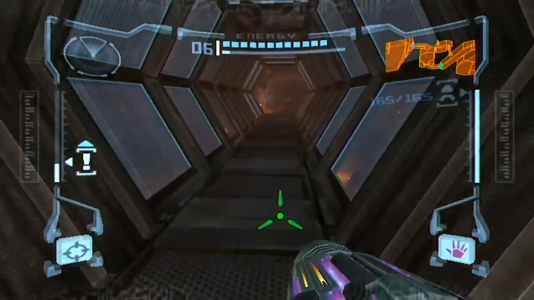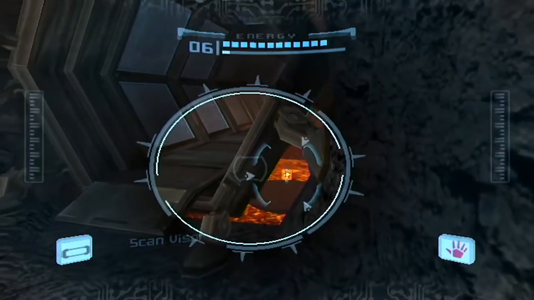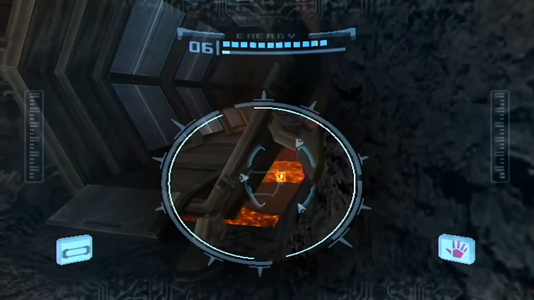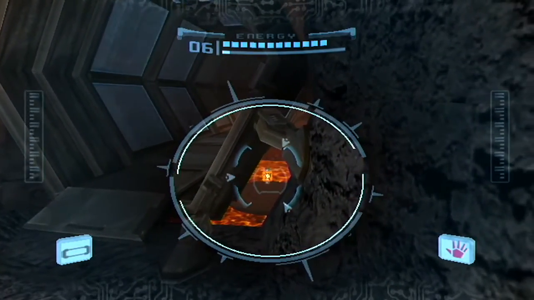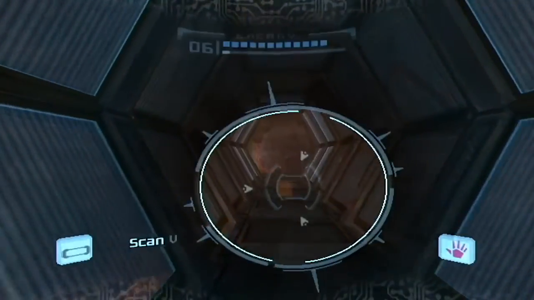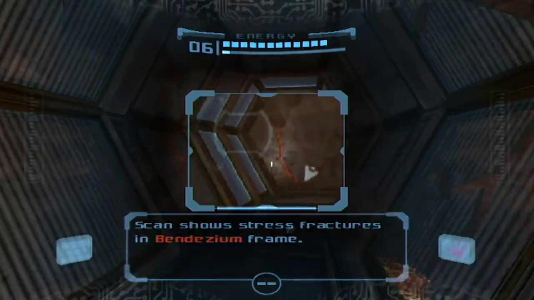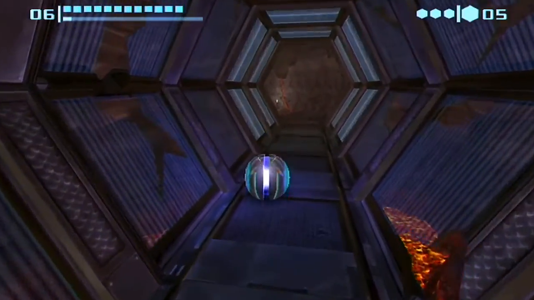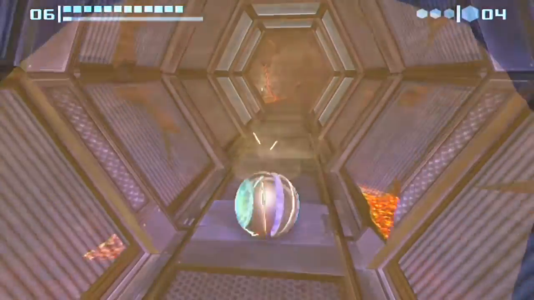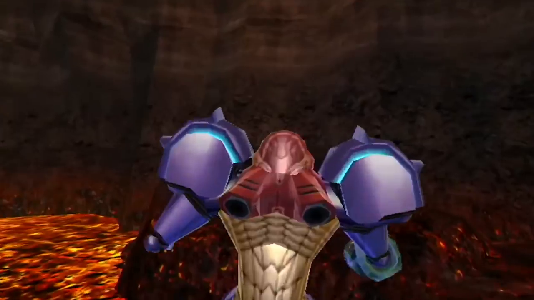Oh yeah, we also have this in here I forgot about. Remember this thing we scanned earlier in the game? And I stopped right before just because I didn't want to spoil it. Well, I'll spoil it. The Ice Spreader. Now, scan this. Scan shows stress fractures in Bendezium frame. And what is Bendezium weak to? Power bombs. So, just follow it here and we grab